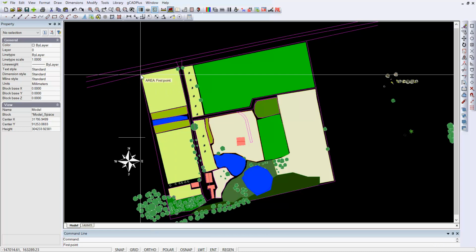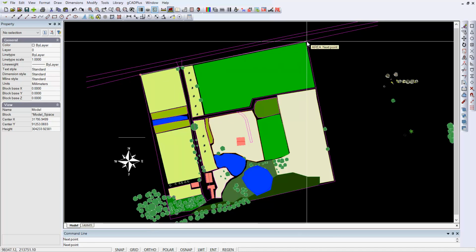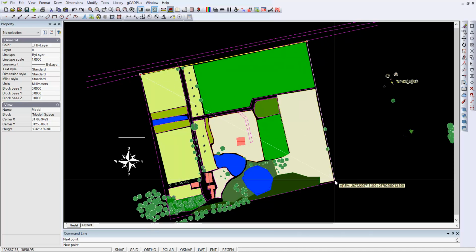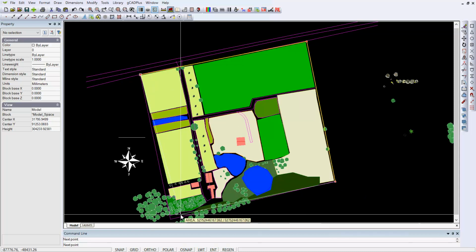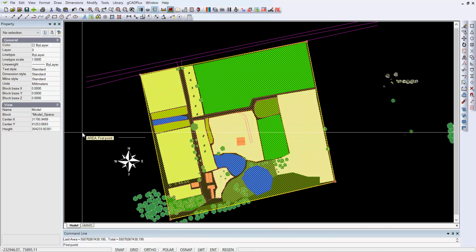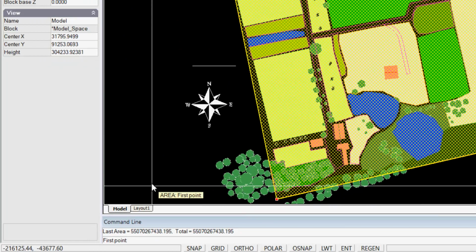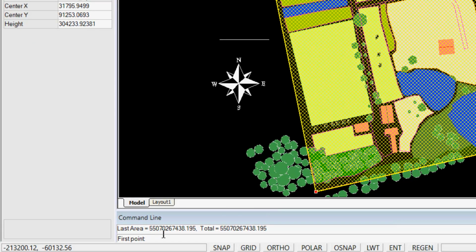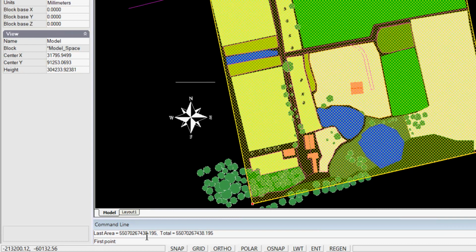We can use the area tool and click along the perimeter of the site, come down to the bottom, then back to the top and click. And there is our area measurement. And if you look down in the status line here, 55702.67438. And if we shift the decimal place by 6 to change millimetre square into square metres,